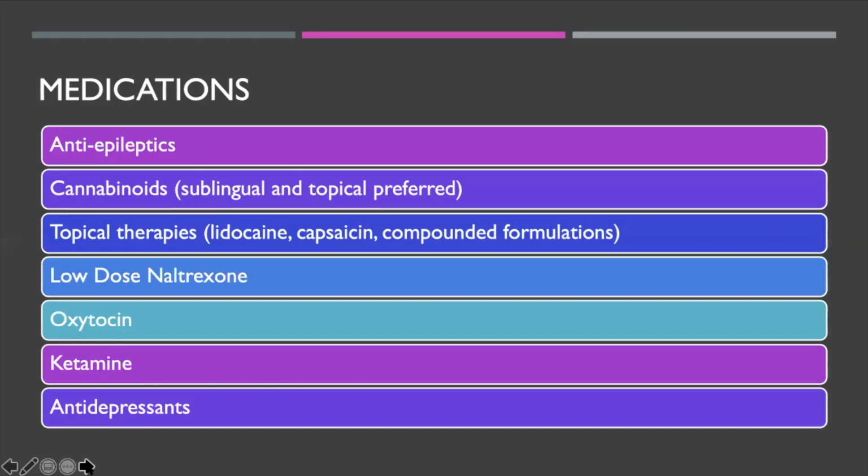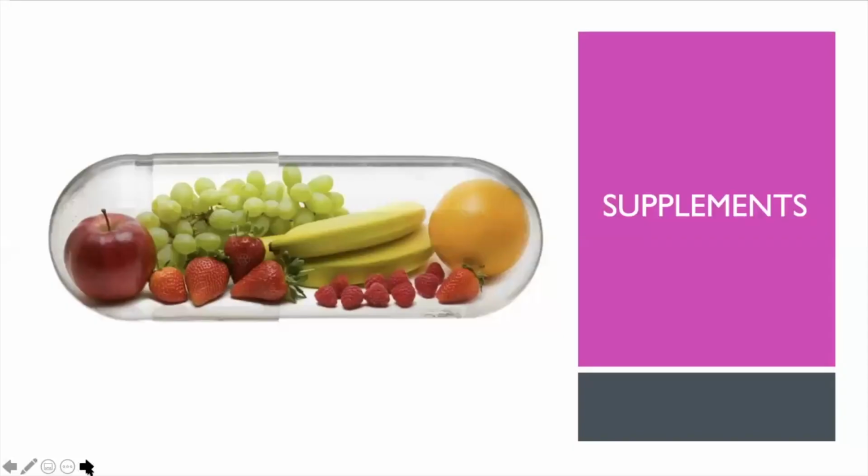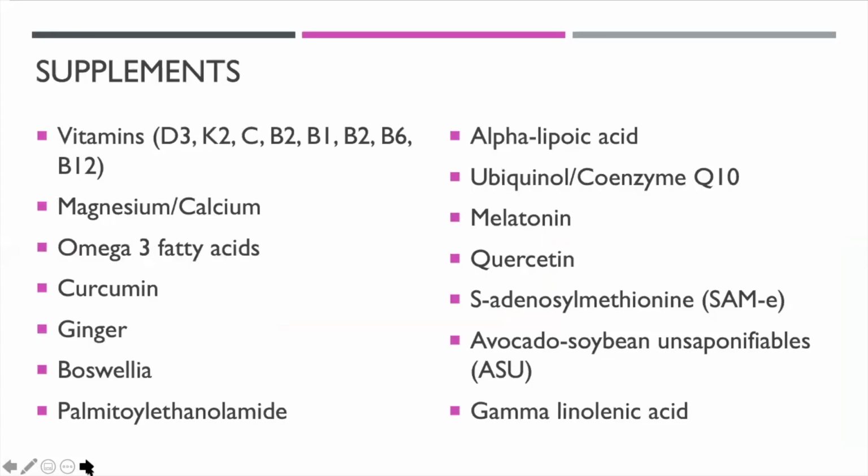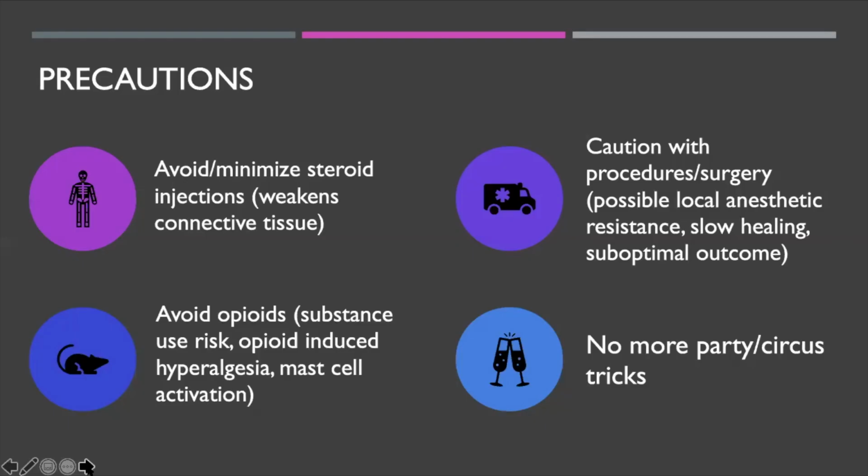There are a number of different medications that can be used for hypermobility disorders. These are the ones that I've most commonly prescribed in my practice. There's a number of supplements that are also important, and it's important to keep in mind with supplements that these are medications. They're just not regulated by the FDA at the same level that medications are. If we're looking for biologic effects from these things, we can also have biologic side effects. So all of these need to be taken in a certain way. They all have indications, contraindications, etc. Always work with your healthcare professional.